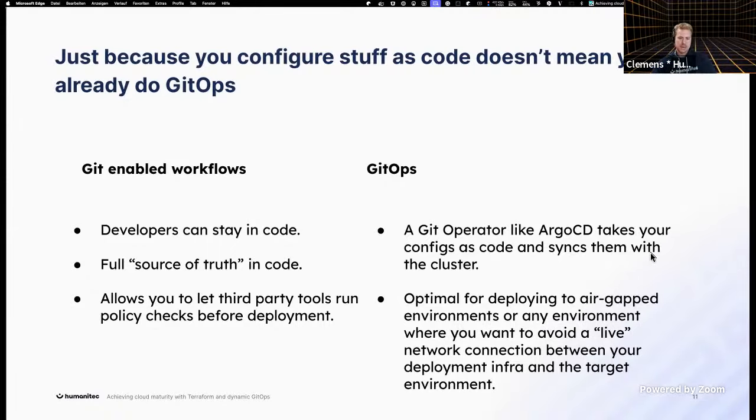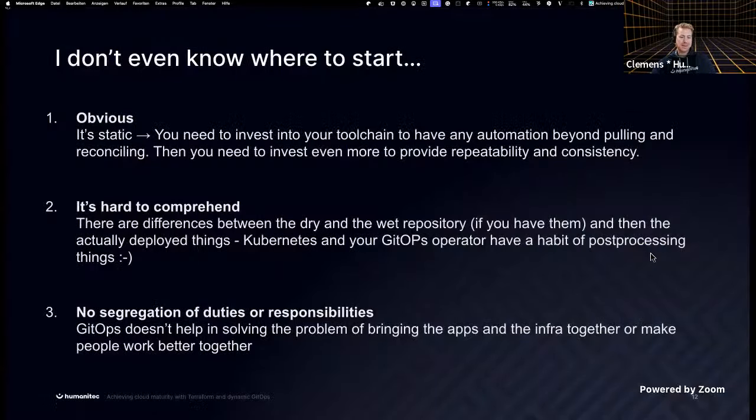All right. But let's talk about some challenges. And right, there are so many, I don't even know where to start. It is literally a thing, this Venn diagram: so many people are doing Git-based workflows and only so many are doing real GitOps, and that's because of the challenges. But let's look at the three main ones. So the obvious one first.